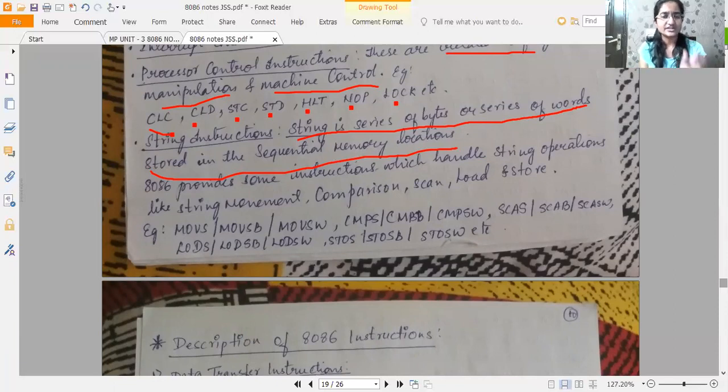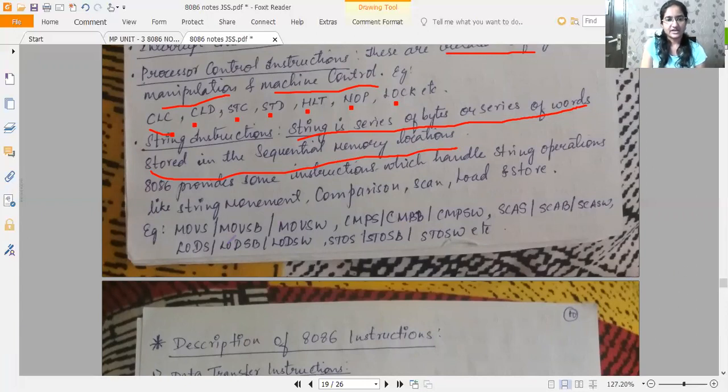Each and every instruction's meaning and explanation, I have given a link for you. I've shared a link with you, so you can go through that link, wherein the meaning of each and every instruction is given. Broadly, you should know that string instructions are used in order to deal with strings of bytes or strings of words, which are located sequentially in memory.